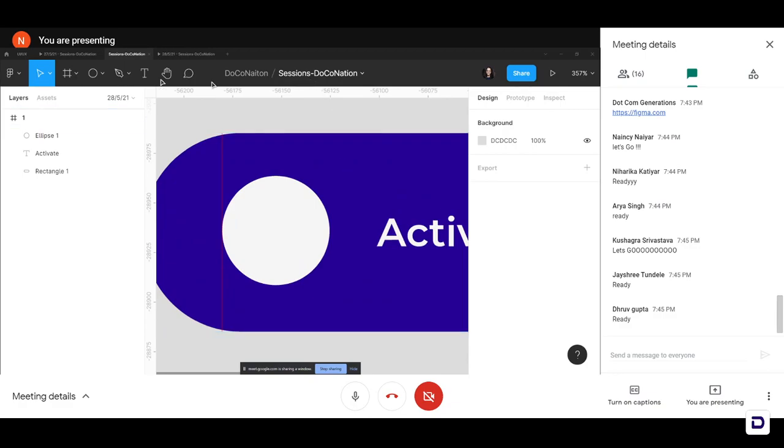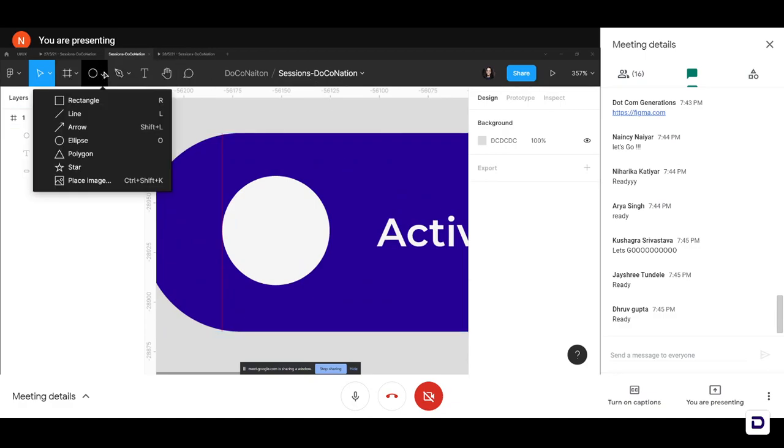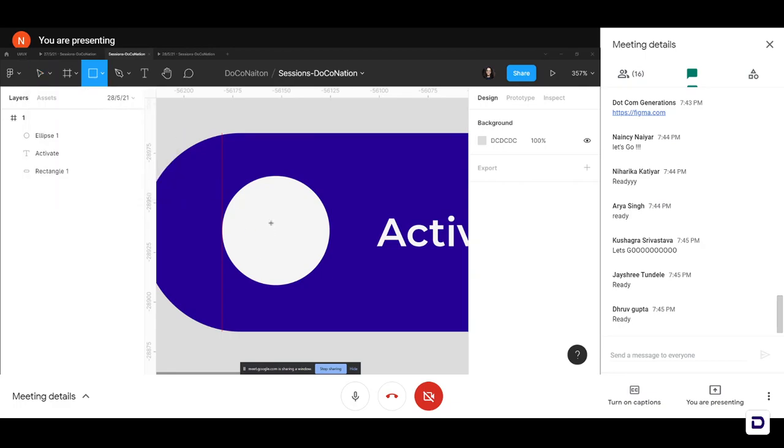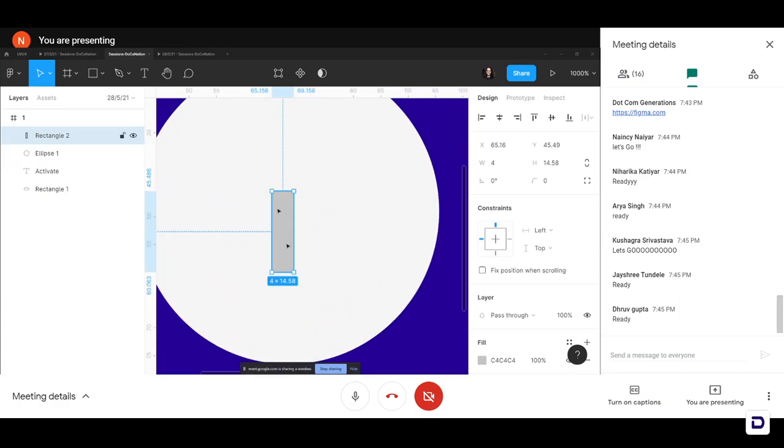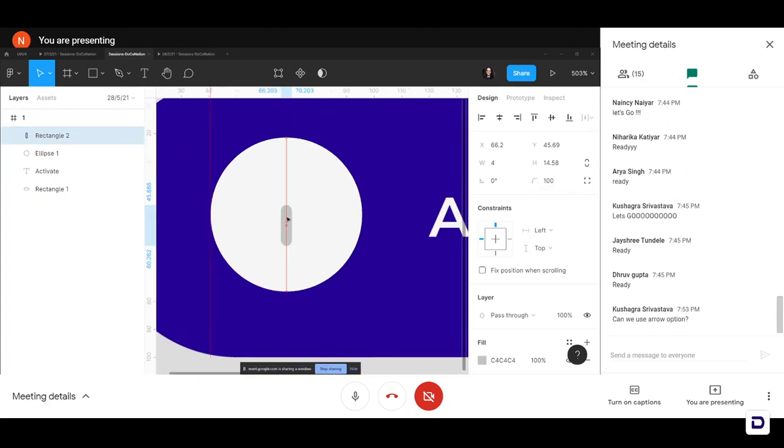So let's quickly head over to our toolbar, select our rectangle from here, and we'll be drawing it over here. Okay, maybe 5 is good enough, or 4 pixels of width is enough. Let's zoom in a little bit. And we'll change the border radius of this little rectangle to maybe 20, 30, the similar way that we did it in the beginning. Once we're done with that, I am going to drag this to the middle and copy that twice. To copy a component, all you have to do is select the component and Alt and drag. I'm going to do that twice, Alt and drag.